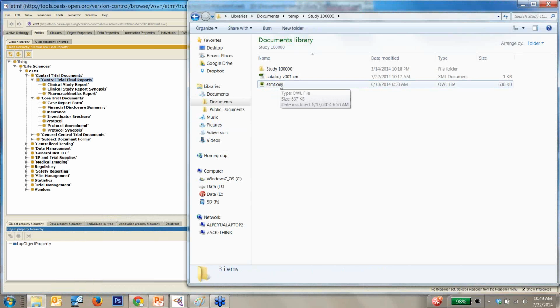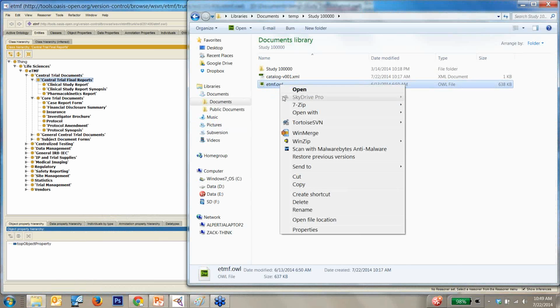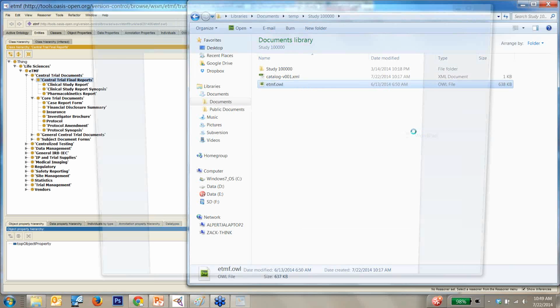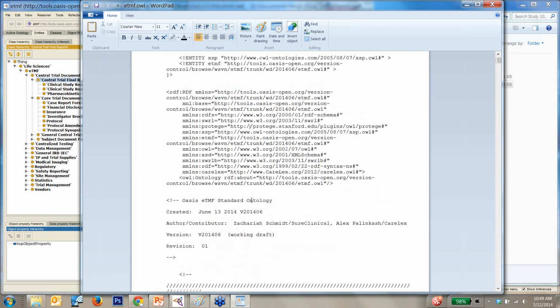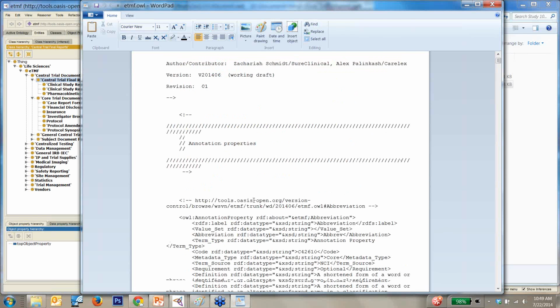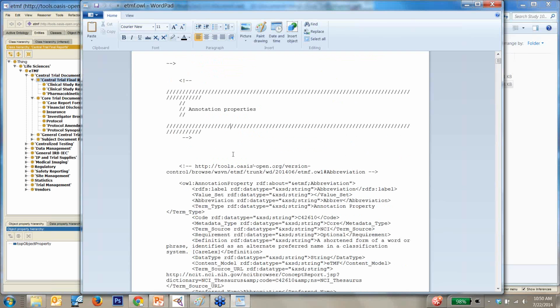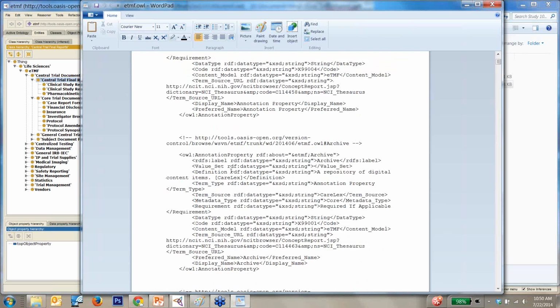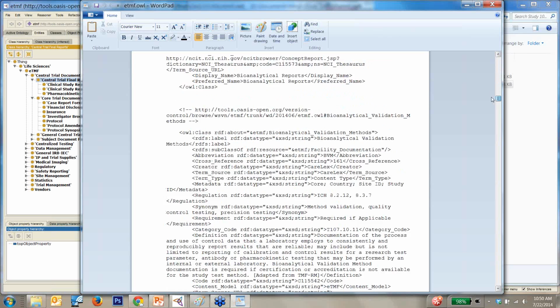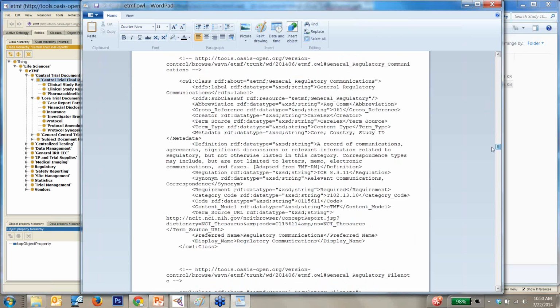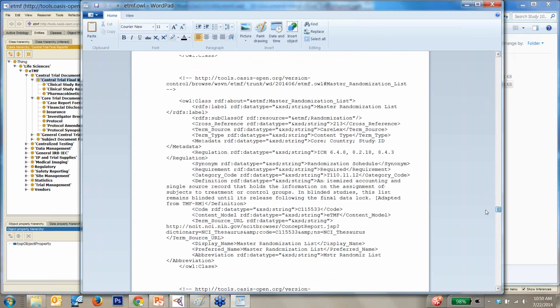that says etmf.owl. If I open this with a simple text editor, I'll see some XML code here that looks fairly familiar to developers, as well as some RDF code mixed in. So this is called RDF XML. And here we'll notice things like annotation properties, and we will see other information, categories. Let's see if I can drill down here. I don't want to bore you with the bloody details of the code, but